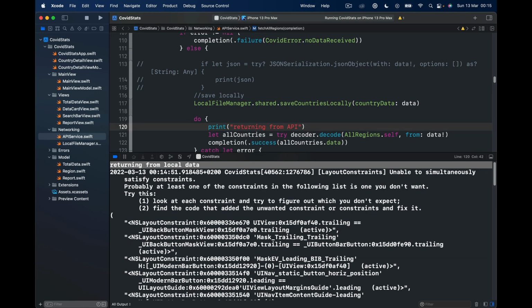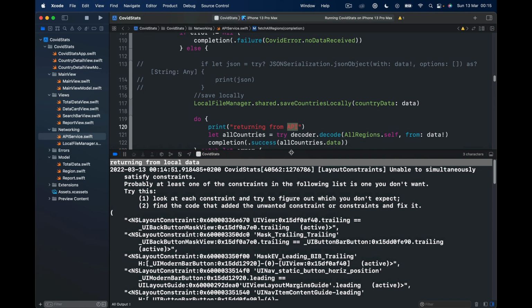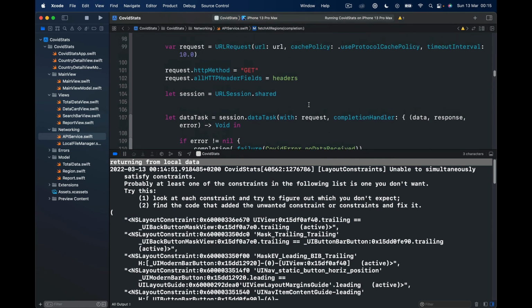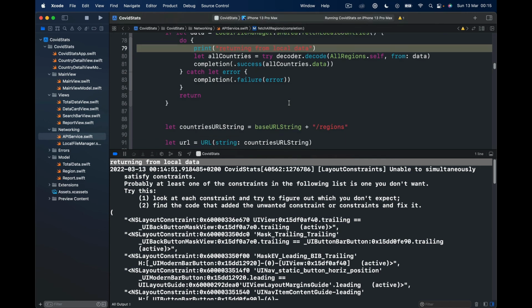Local is not API. The first time it printed that returning from API, which means we didn't have anything in our local file storage. The second time it says returning from local data, which is here, which means that now everything is saved in our